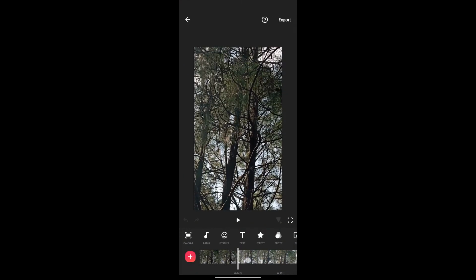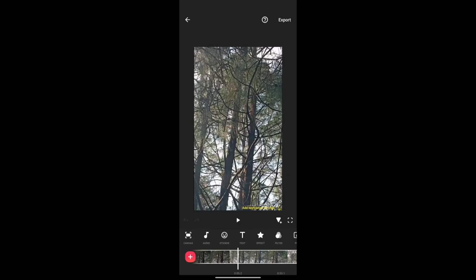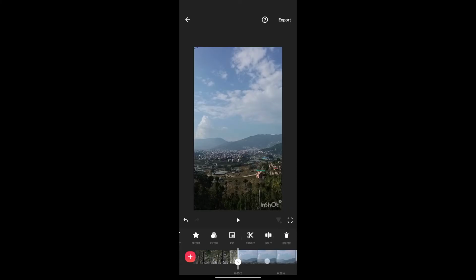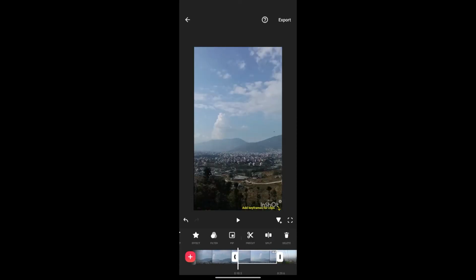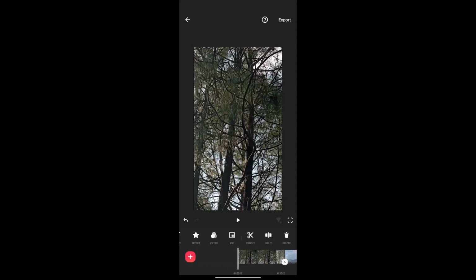Now, to merge multiple videos, first we'll split the videos and delete the unnecessary part, just like this. Now, if we play our video,